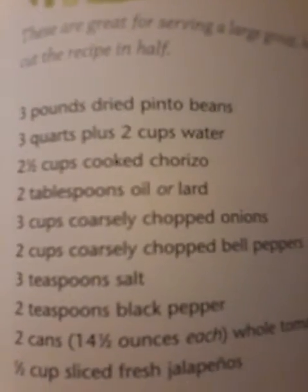So what we're going to do is use beans that we have soaked overnight. Here's my beans. I've soaked them overnight, and now I've poured off the water. Yes, I have a little bit of onion in there because last night when I was cooking, I had a little bit of onion left over, and so I just threw them in with the beans because I'm going to be adding onions anyways. So we're going to pour these into the crock pot